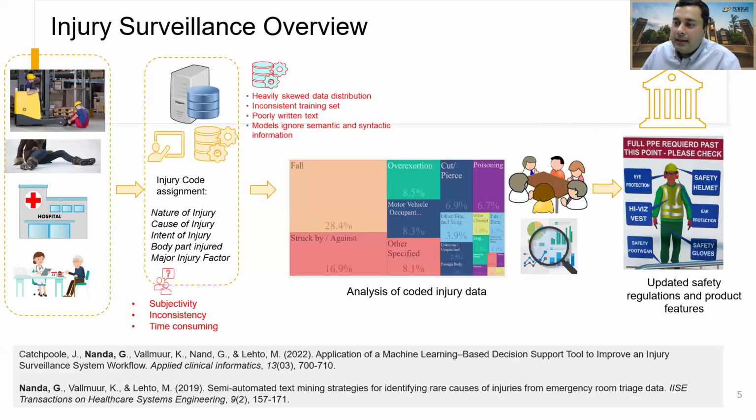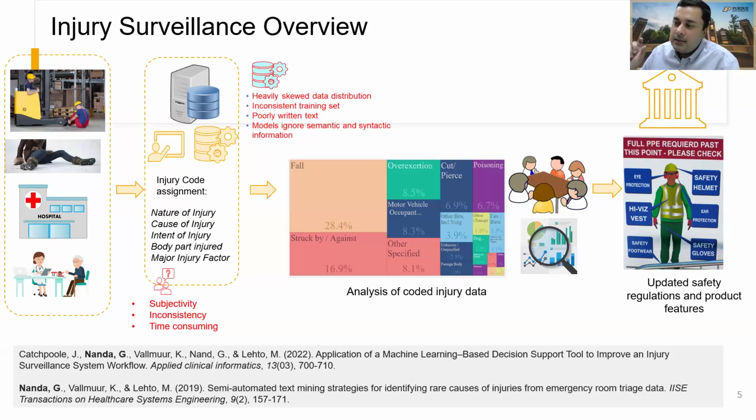The data that is collected through the hospitals, injury reports, or insurance claims is unstructured in nature. The raw data is in the form of textual narratives that describe how the injury happened. For example, in the emergency room, the nurse would type it out, or in a workplace report, the supervisor will write it out. Conducting statistical analysis on that is not easy because it is unstructured data. Now, that unstructured data is transformed to a more structured form through injury coding,